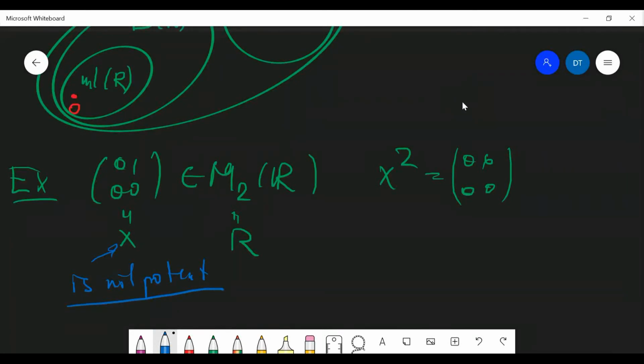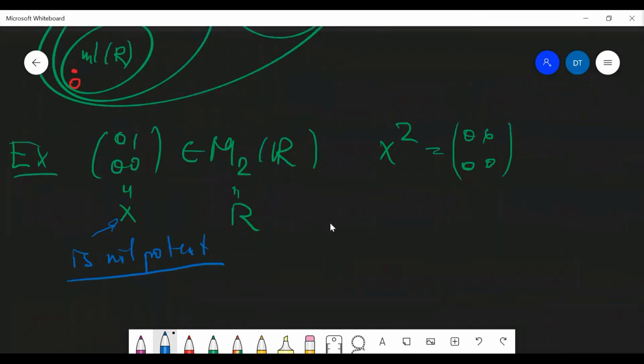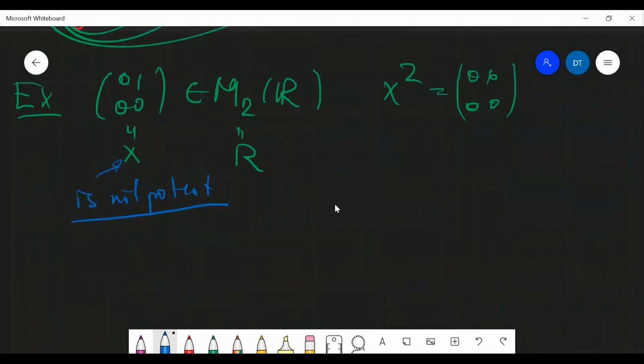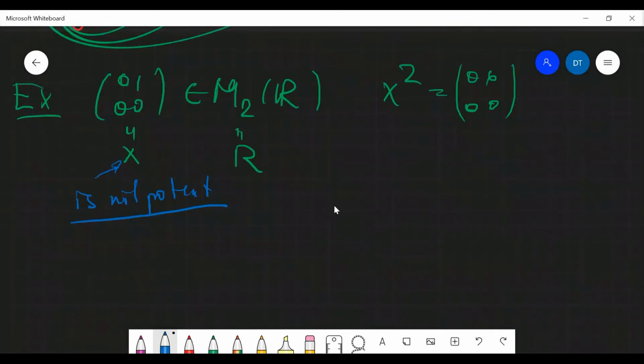So this is an example for nilpotent element. Are there any other questions? Okay, so